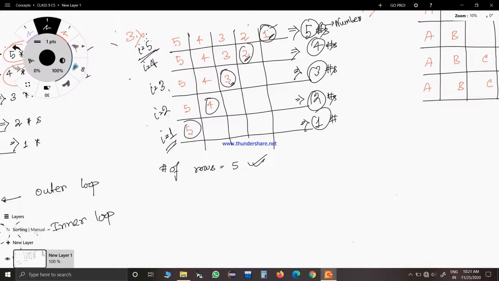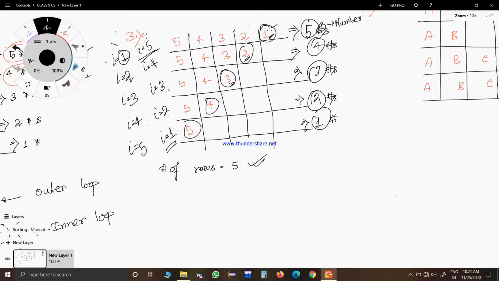So what we can do here is consider it as i equal to 1, 2, 3, 4, 5. This way, the relation is found between the ending number of each row and the corresponding value of i. But how about now? Also the count, now the count is also 5.